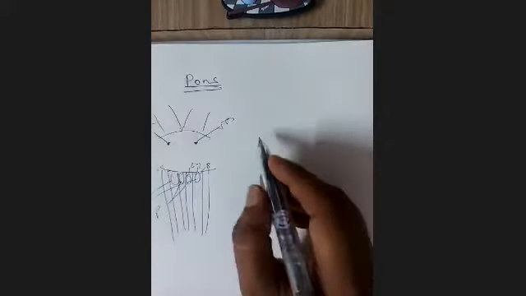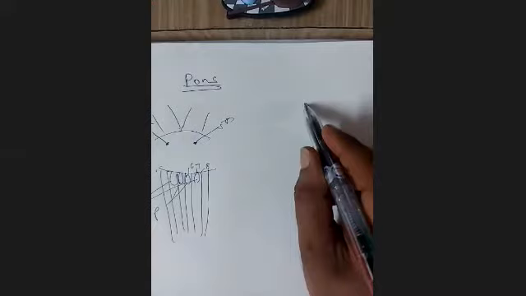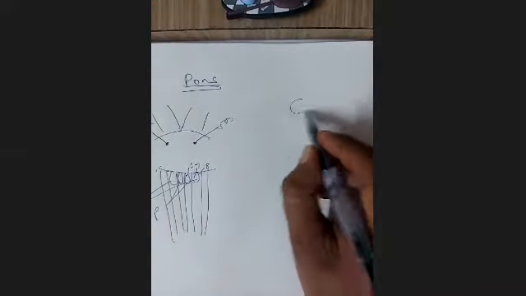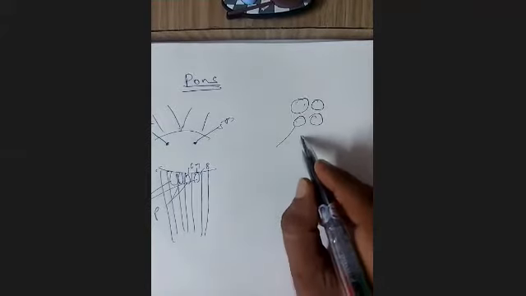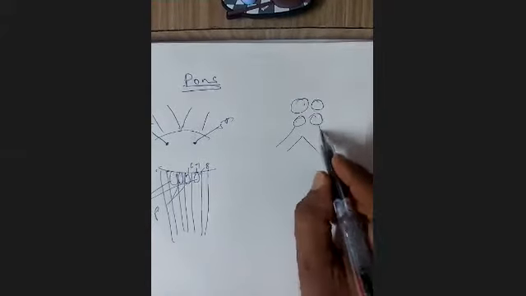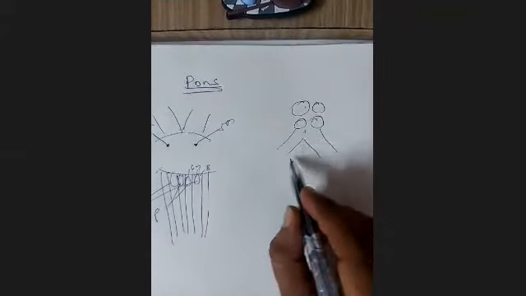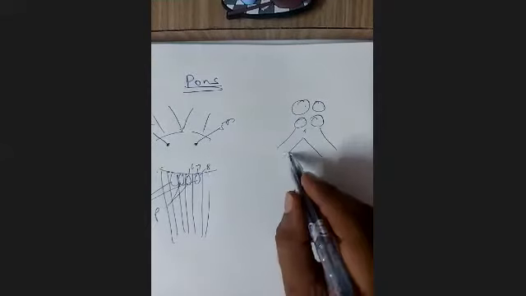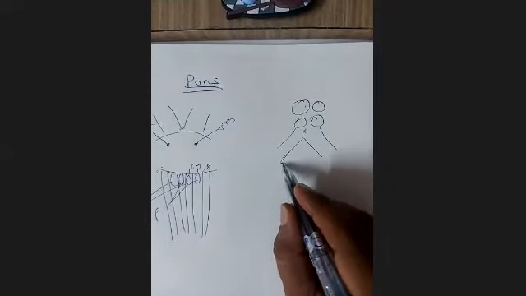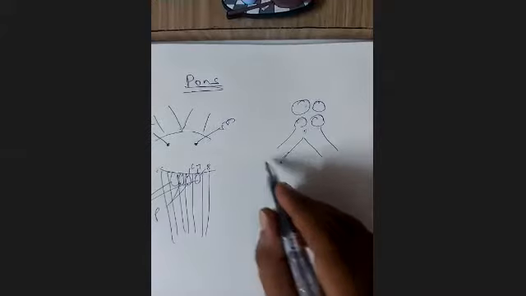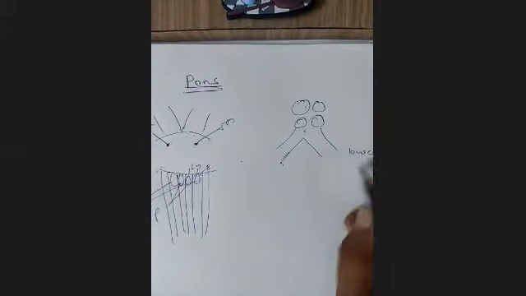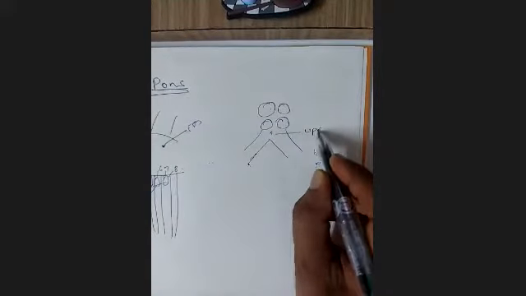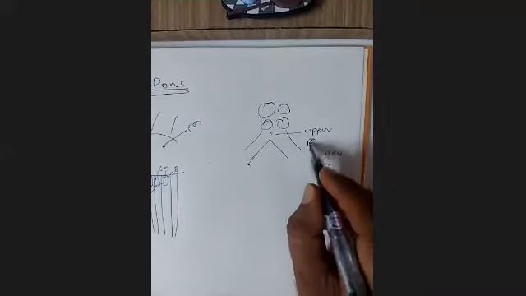Okay. The posterior aspect of the pons, of course, the midbrain we have already seen looks like this, and then the pons. The upper part of the pons is closed, and then the lower part is open like this, and even the lower part of the pons is open. Upper pons is closed.